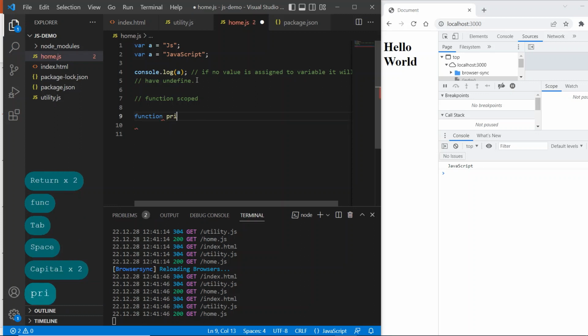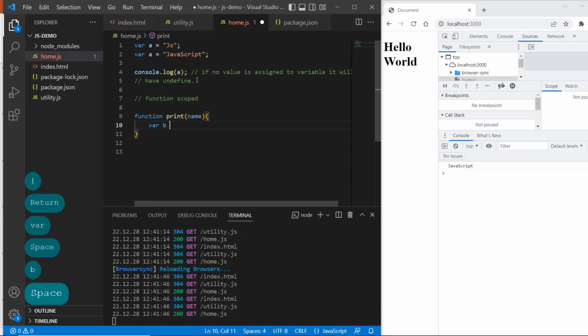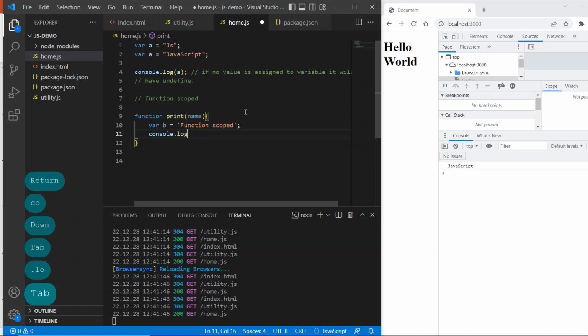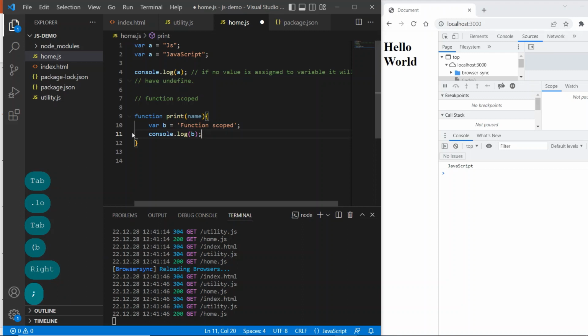I have created a function print and have a name parameter inside it, and let me create another variable where b is equal to function scoped, and let's print it, b, and call this function print.